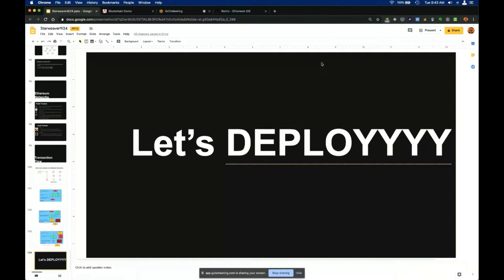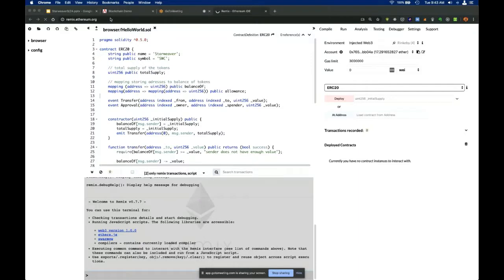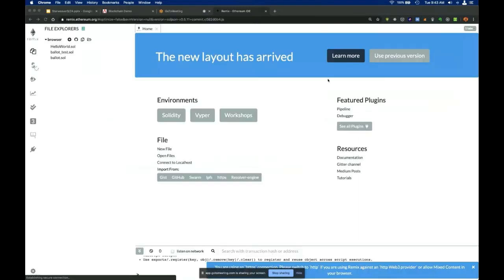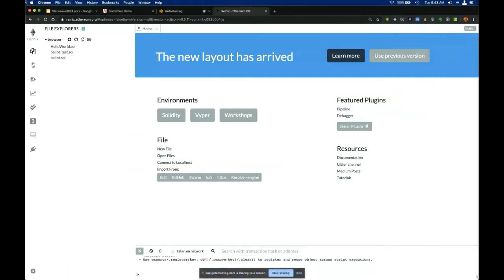I already have MetaMask installed on my computer, but I'd like for you guys to first go to remix.ethereum.org. Remix is essentially an online IDE for being able to write out your smart contracts really quickly in the browser. For the purposes of this demonstration, we are going to click over here, use previous version,